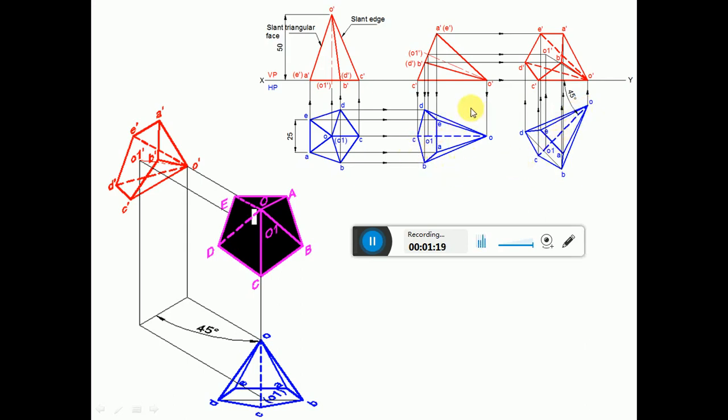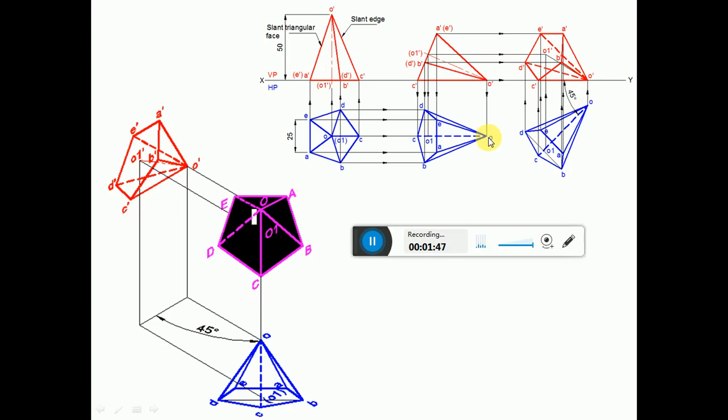Now since we have to reproduce this sketch here, and you have the apparent length here, obviously you can transfer the second position top view directly into the third position on the apparent inclination line. So how to do that? Consider any point on the XY line, and then using the protractor you measure an angle of 45 degrees and draw a 45 degree line.